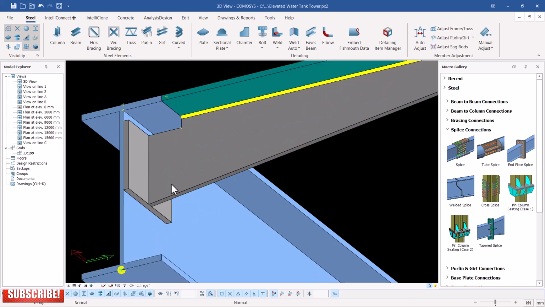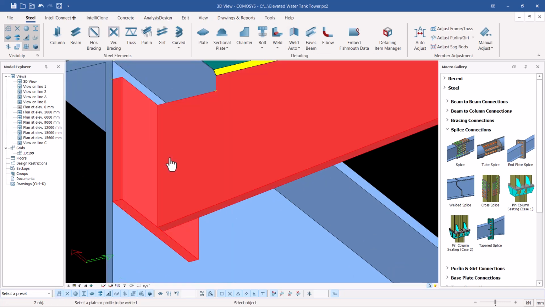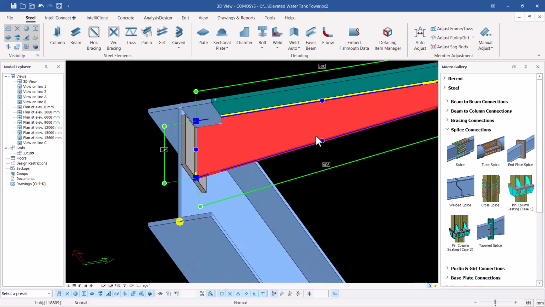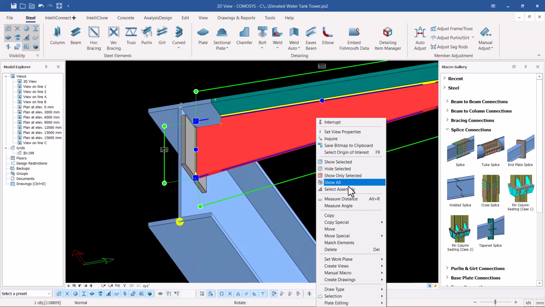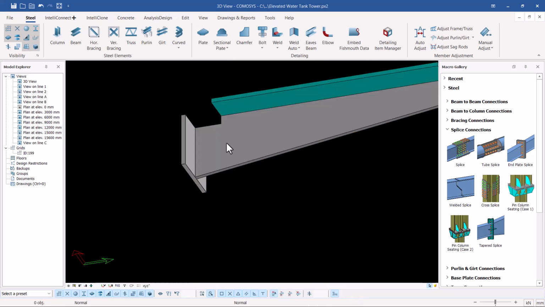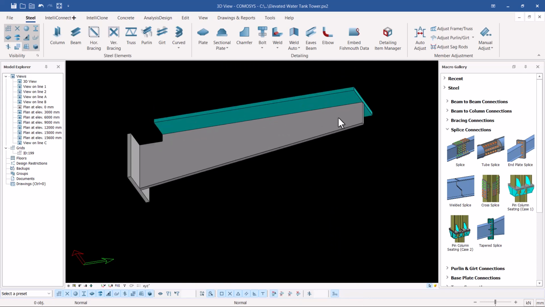So I'm going to repeat the same thing. I'm going to auto weld here. I'll pick on that, and I want to weld this to this, or weld that to that. So that has been created. If I select on that, right click and come to assembly here, you'll be able to see everything has been assembled. If I click on that, you'll see this is the assembly we've just created,